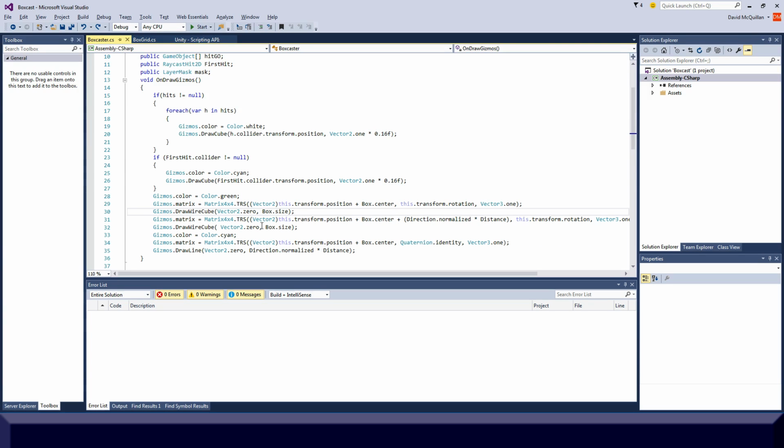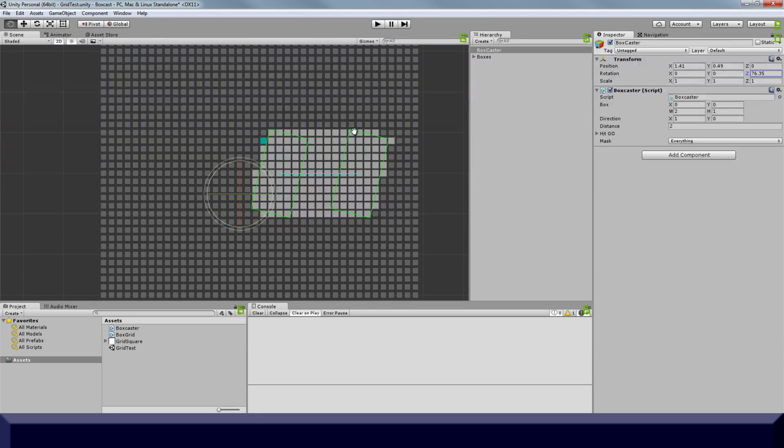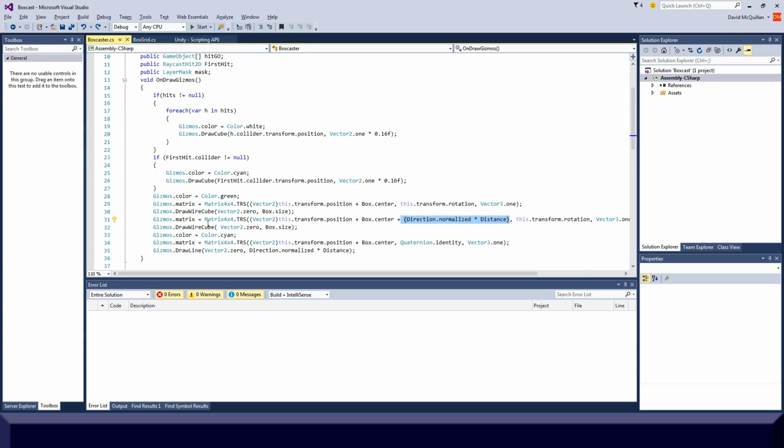So again, same here, we want to centre the point on the centre of the box at the end of the ray cast. And what is that drawing? Well, you guessed it, it's the box at the end of the ray cast. Again, we're just setting the Gizmos render matrix to something else. Then down here, we decide to reset the rotation. We set the transformation point to the centre of the box again, and then we draw from 0